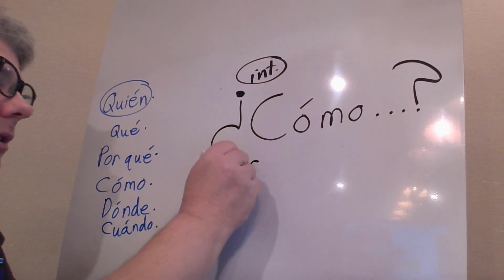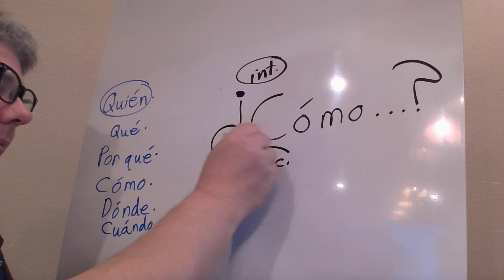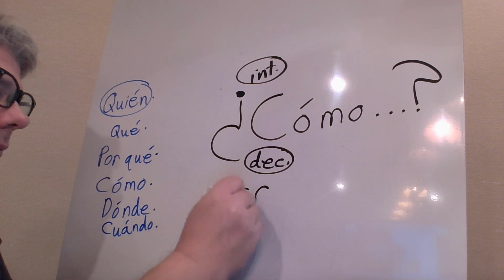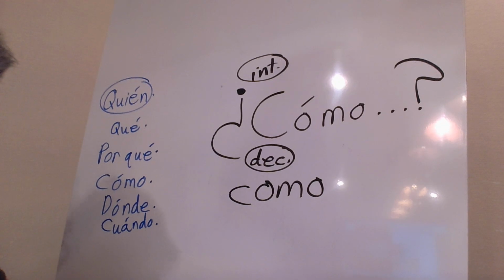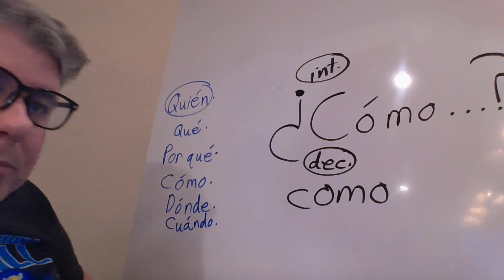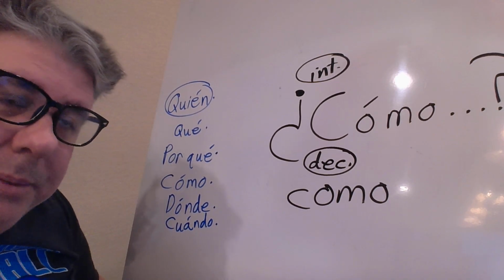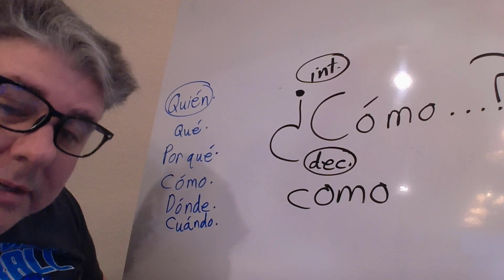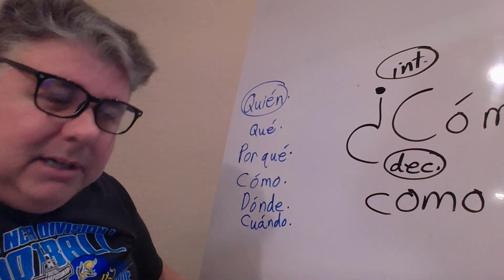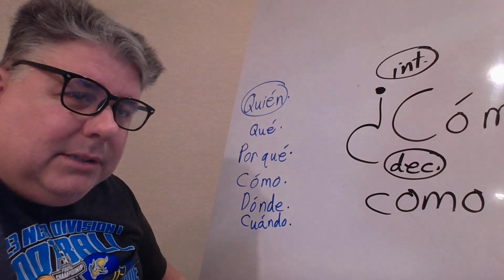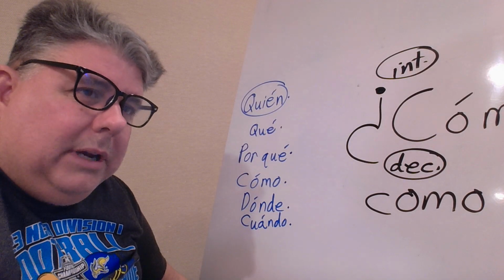Now, in the declarative, the word como would not have an accent, and it would most likely, in many cases, be translated as like. So, for example, in English, we have similes where we use like or as. So we could say,